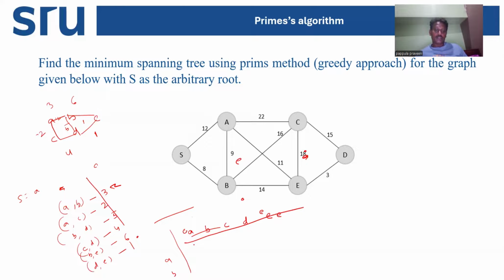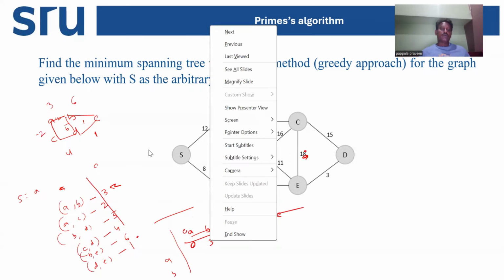A to A, no cost. A to B, what is the cost? Already we wrote it. So